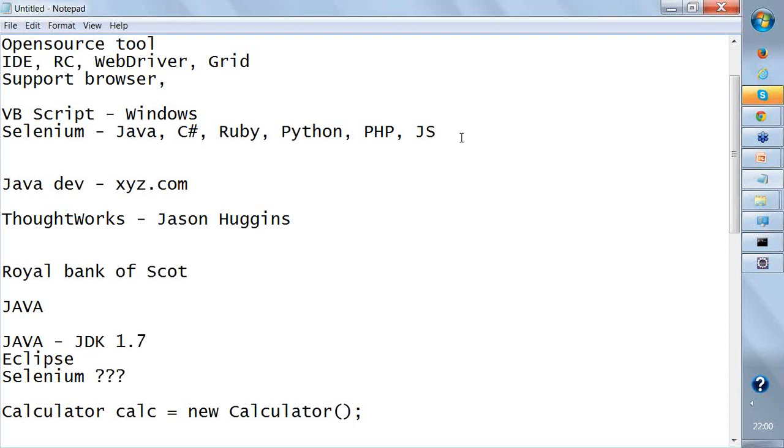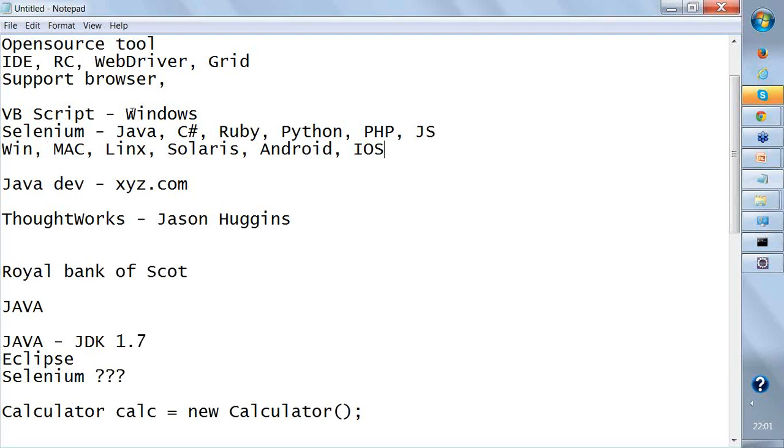It means operating systems like Windows, Mac, Linux, Solaris, then Android, iOS. All the major operating systems in the world support Java. And if you are writing your Selenium code in Java, then you can execute that code on almost every operating system that supports Java. So this is one of the best features of Selenium, and it is completely open source,